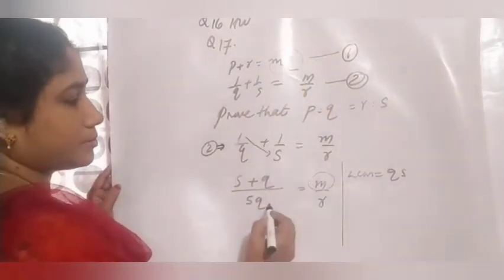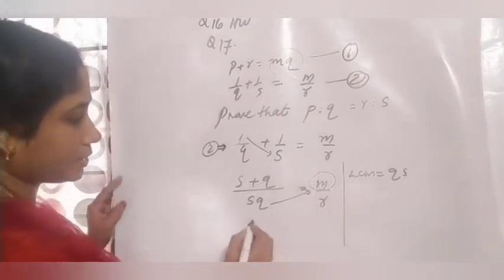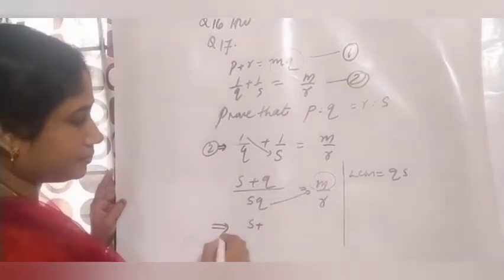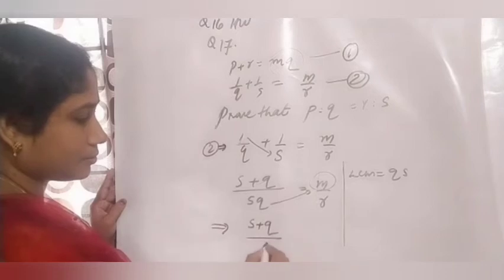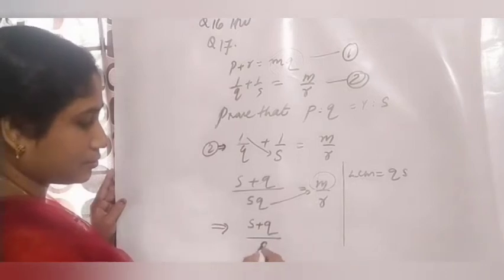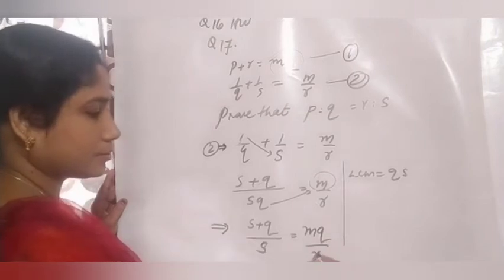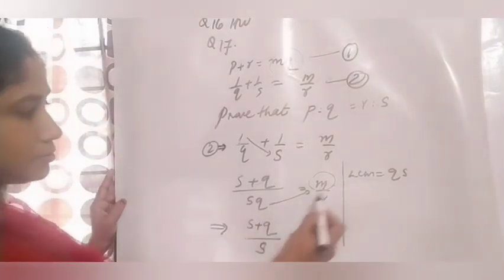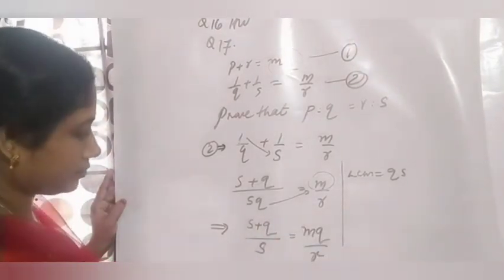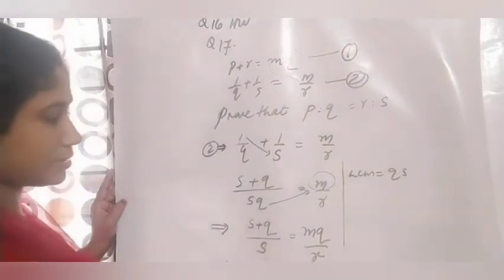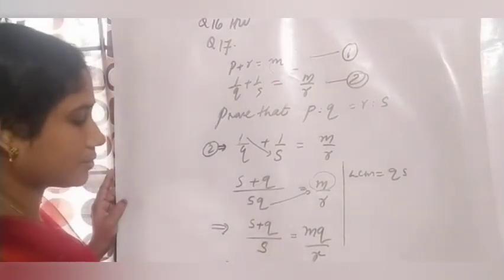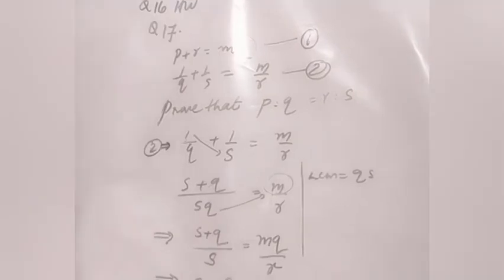So we can rearrange this equation as mq, which implies s plus q divided by s equals mq divided by r. We multiply that q to the numerator on the right side only. Rearranged, okay? No other changes. Split it: s by s plus q by s equals